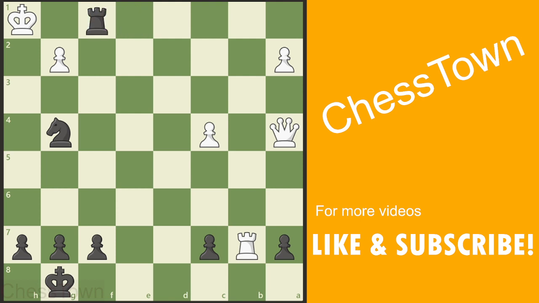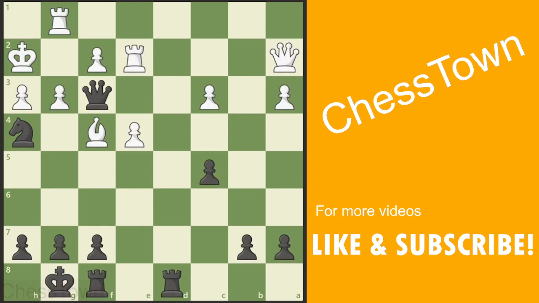Let's take a look at another example of the overloaded piece. In this position, white's king is in danger. White's rook on g1 is guarding the g2 square from checkmate. As white's rook is the only piece actively guarding the king, Grandmaster Friedrich Olafsson, playing with the black pieces, finds